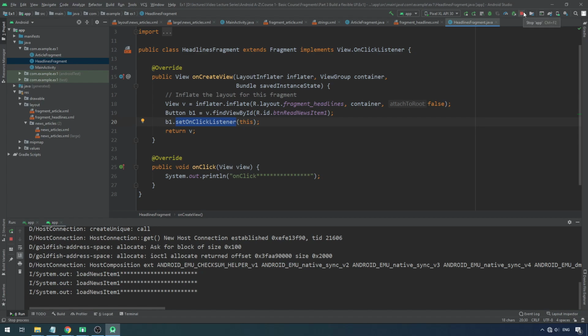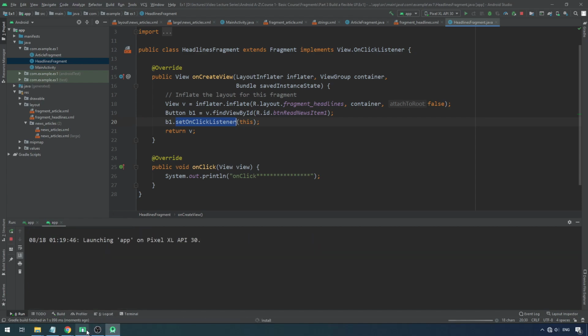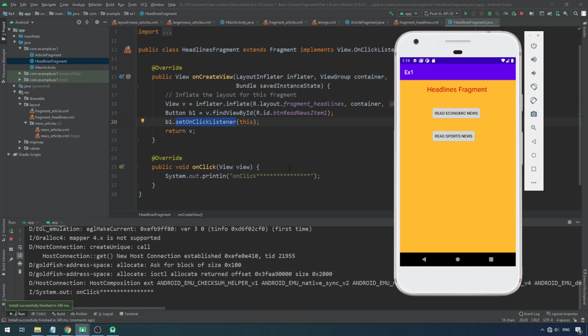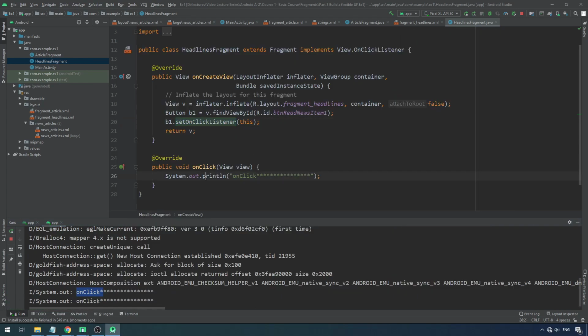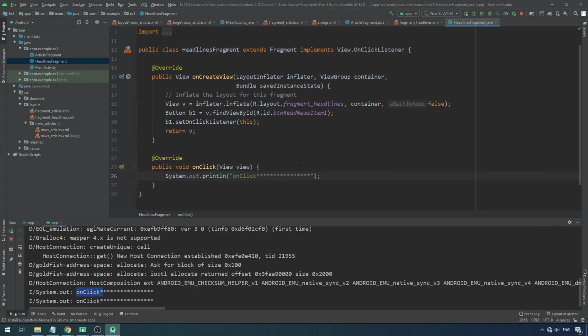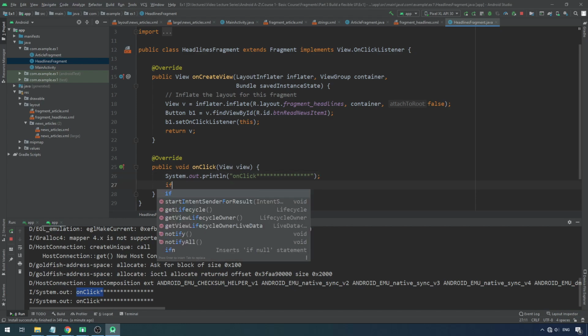So if I run this now and click the button, see, it works on click. And if I have multiple buttons, I just have to put a simple if condition here to figure out which button has been clicked. So to see which button has been clicked, I will have to put an if condition,